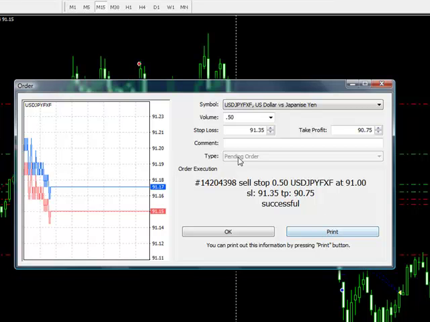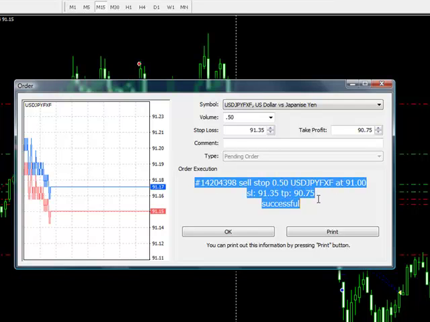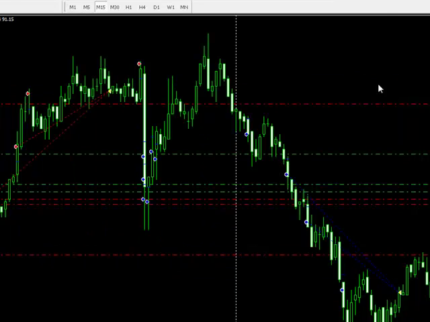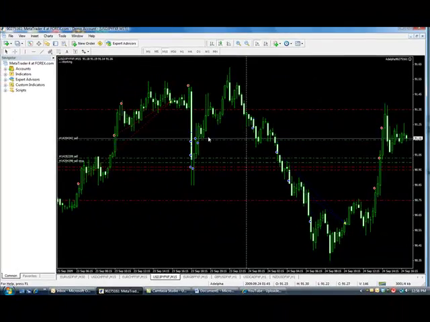So then again, I can print my order, or I can say okay and just call it good. And if I do, then it will show up in the bottom portion of the screen, and it will just sit there waiting. Waiting for what? Waiting for the price to hit 91.00. So there you go, the two basic trades, instant